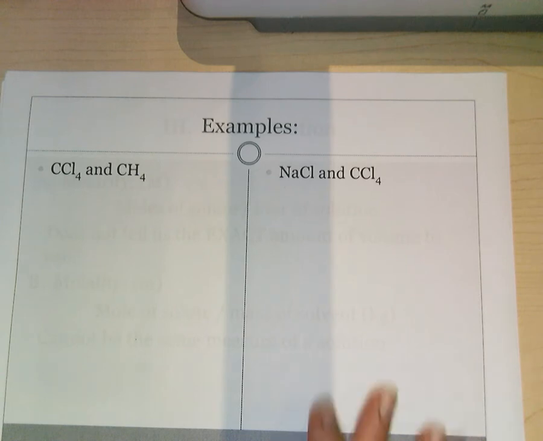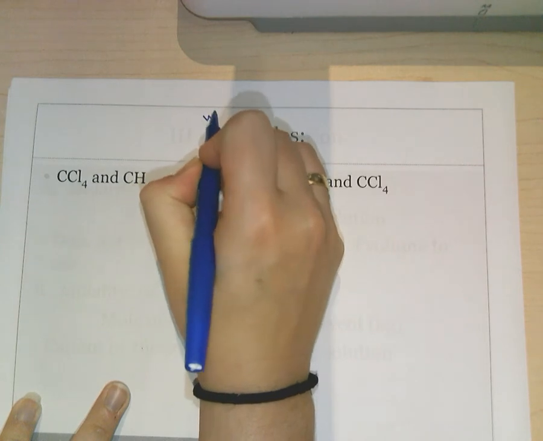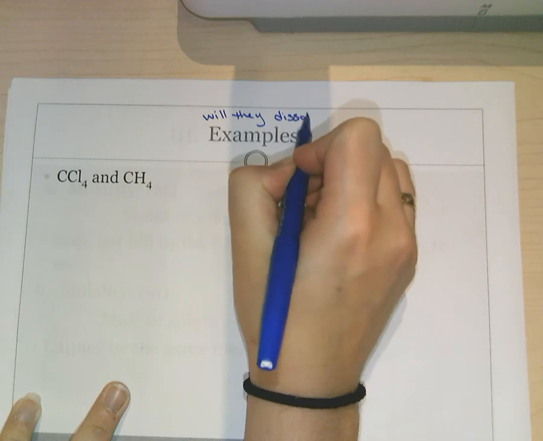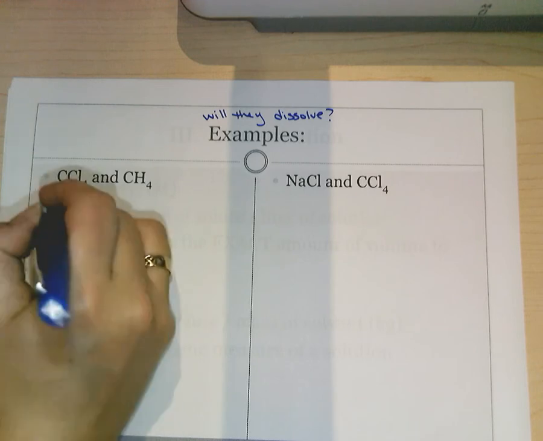All right, so for example, we just want to look at the exciting game show of will they dissolve? I imagine this would be like on Saturday Night Live. Will they dissolve? Given two compounds, will you make a solution? All right, so let's say my solvent is the CCl4, carbon tetrachloride. First question, is that going to be a polar or non-polar compound? Should be non-polar, right? Because if I was going to draw it out,